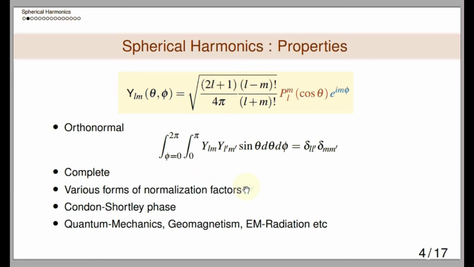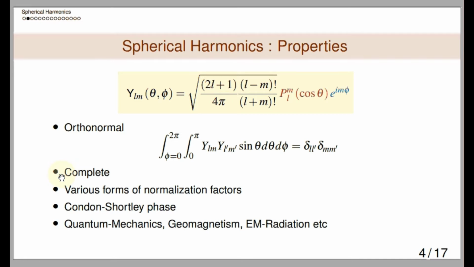So again, why these are important is that these spherical harmonic functions form an orthonormal set on the surface of a sphere, and also they are complete. So what does this mean? They can represent any function on the sphere, that is any complex function on a sphere, as a sum of weighted spherical harmonic functions. Any function. Orthonormality signifies that the coefficients can be found from the function itself, and completeness signifies that any function can be represented by using such spherical harmonics.